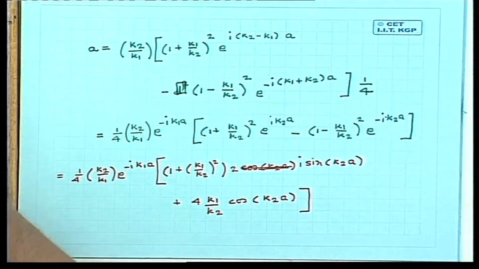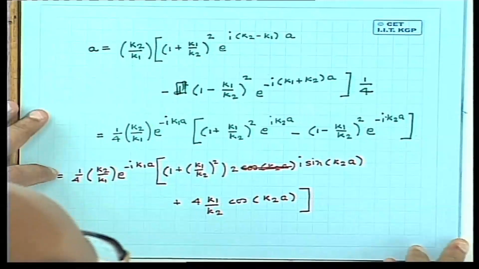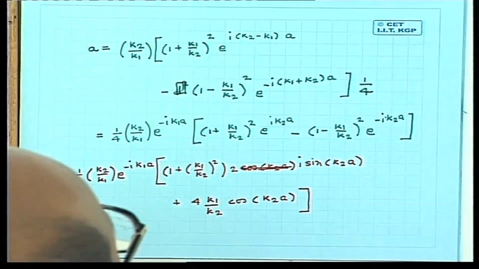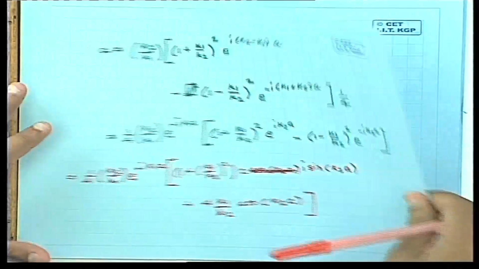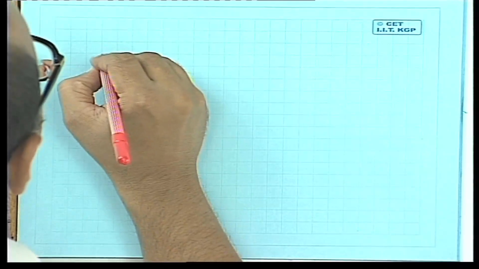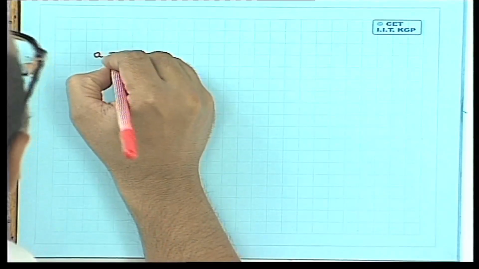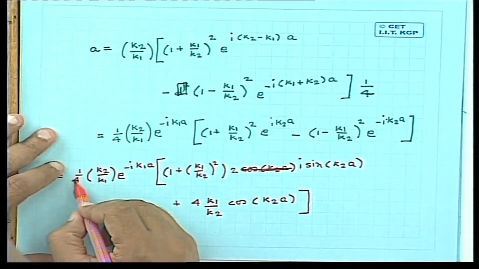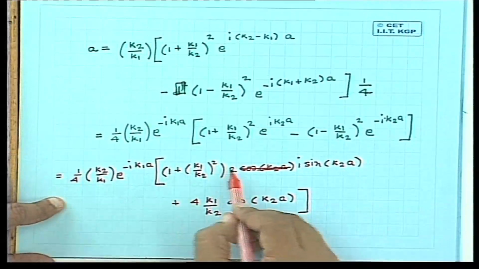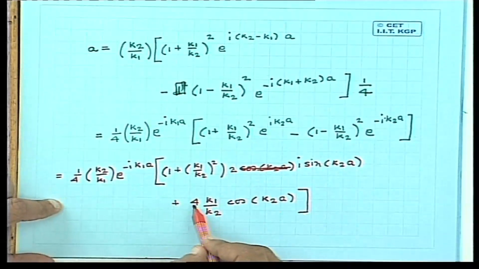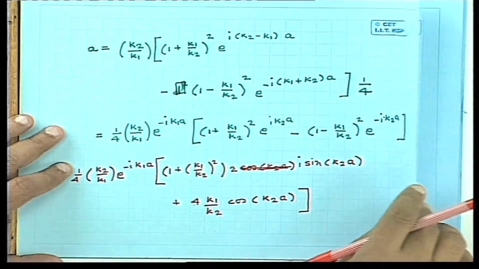So we have simplified the expression for a to some extent, and let us write it down carefully somewhere and keep it, because we shall be using it. So we have a is equal to, so the factor of 1/4 over here can be got rid of and made half by getting rid of this 2 here, and this will become 2.